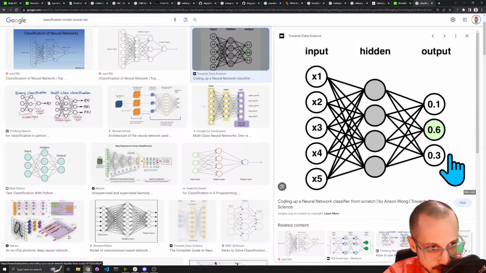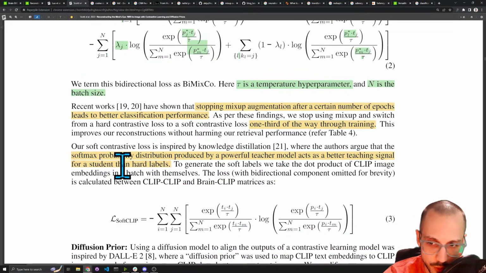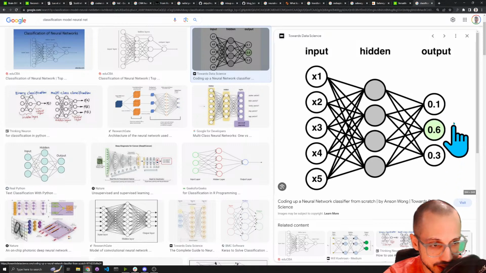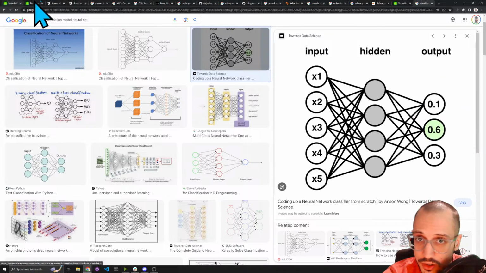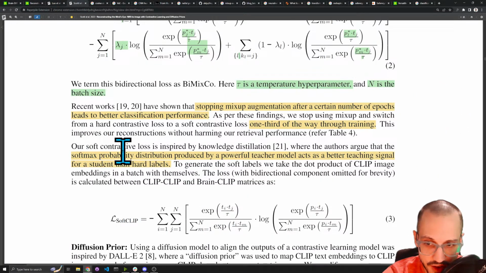You're training it to match a vector that has 0, 1, and then 0. But if you're training it with a teacher model, you're training it with a more nuanced signal. There's more signal here, right? The teacher model is giving you a probability over all of the classes, which means you can leverage the fact that, hey, this picture is 0.1 dog versus 0.05 dog, right? So there's more signal in the softmax probability distribution produced by a teacher model than there is in a hard label,